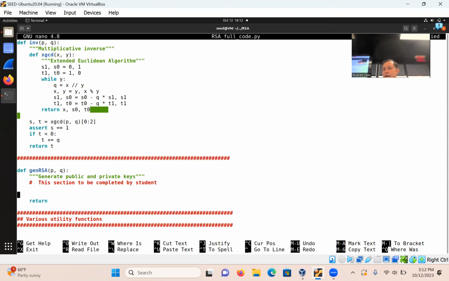So we don't always have to calculate E. We can just use one of a set of E's that will work. What's important is how big our prime numbers are, because you need to be able to compute it. All right, so then we're going to go to gen RSA